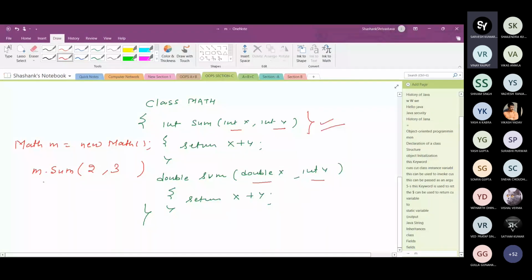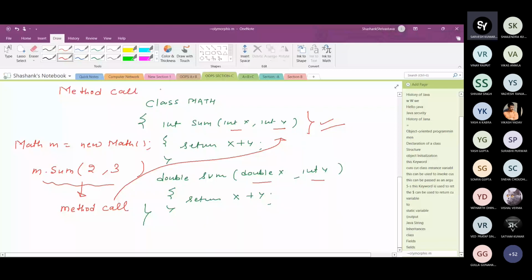This process is called method calling. When you call the method with the help of an object, this call is attached or bound to the method definition.